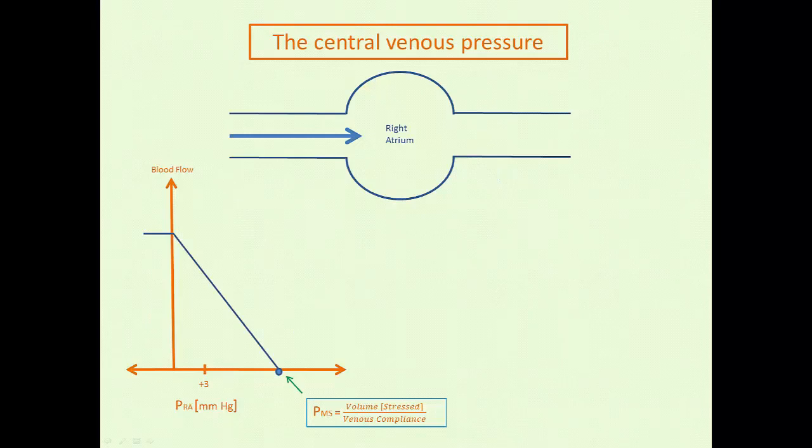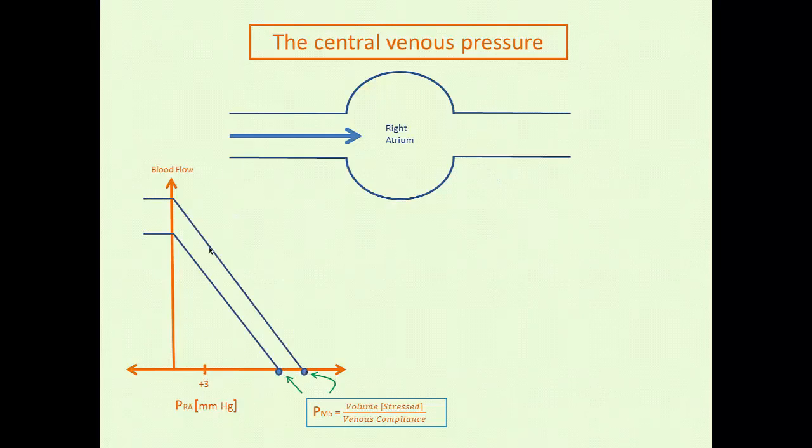So the higher your stressed volume is, which is a marker of your volume status, whether you're hypovolemic, euvolemic or hypervolemic, the stressed volume determines this pressure head. This is the pressure head for a return back to the right heart. So if I were to give this patient a few liters of crystalloid and increase their volume status or make them hypervolemic, I will increase their stressed volume, I will shift their venous return curve rightwards,